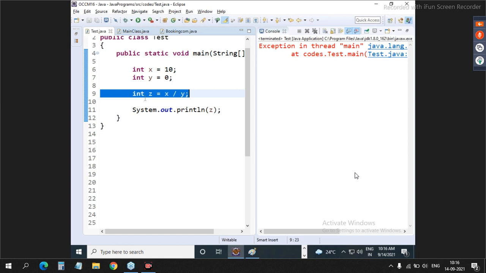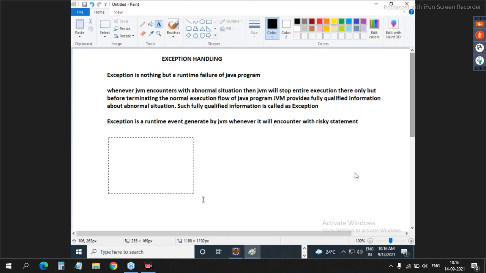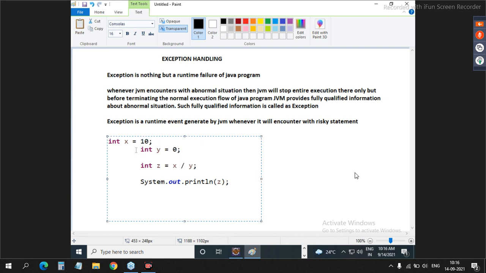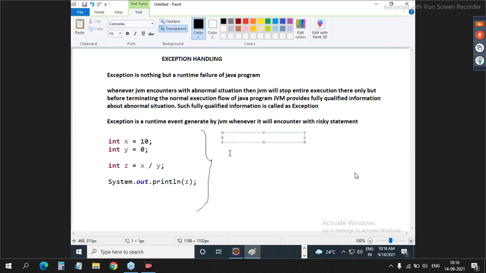So can I say this is fully qualified information? Am I right? Okay. So now guys, here if we copy this, we will get exception with fully qualified information.